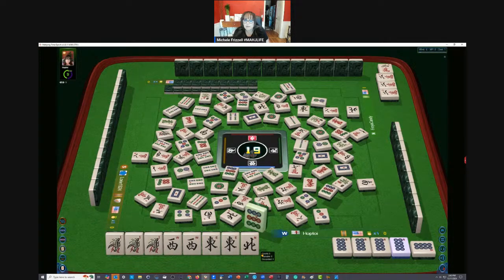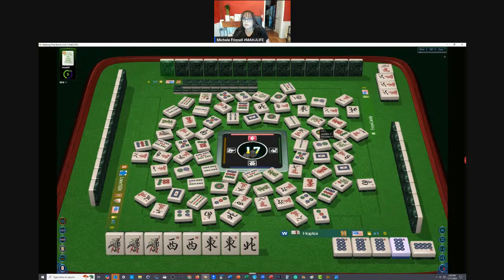South wind. Five picks. One, two, three, four, five dots. Yes. We would need to pick a joker with each pick going forward to win this game. Is that going to happen? Eight bamboos. Unlikely,